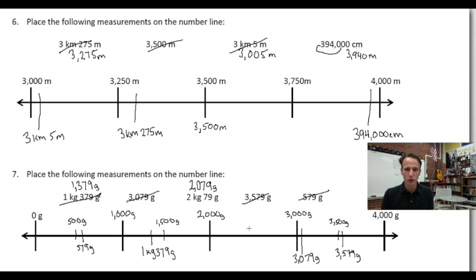So now I'll go ahead and place the midpoint here. I know it falls between 2,000 and 3,000 grams. My midpoint would be 2,500 grams. Now 2,079, that's going to be right close to the 2,000 side of things, right? Between 2,000 and 2,500, more on this end. And I'll write it in the form which it was given to me, 2 kilograms, 79